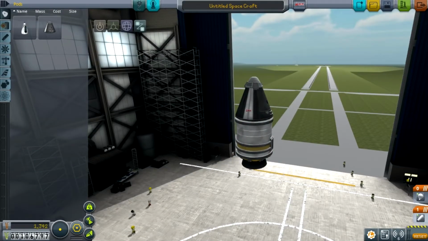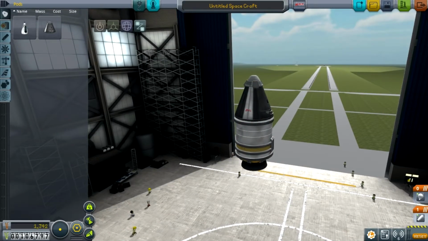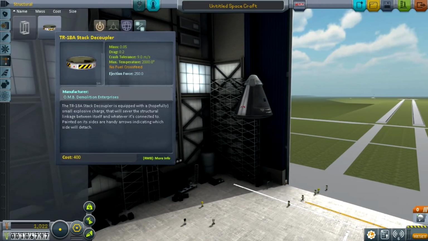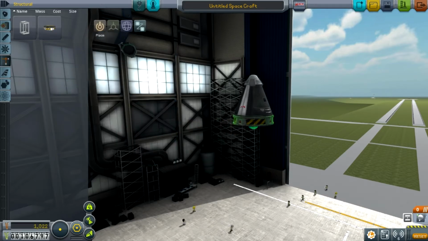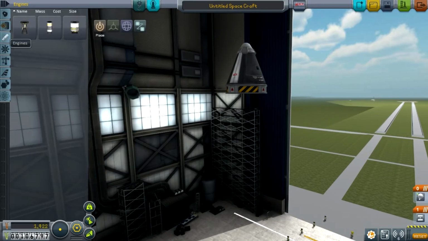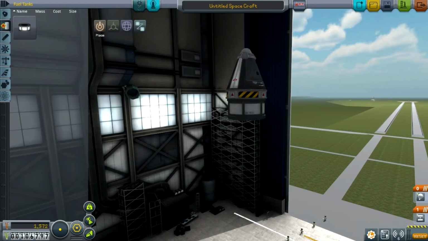And now I should be able to build a ship that can get us out of the atmosphere, because I have radial decouplers. We'll get rid of that, that's kind of garbage. I don't have any heat shields, and atmospheric re-entry is a thing now, so you must be careful. But we got a few...